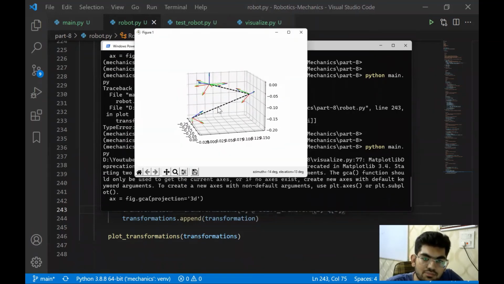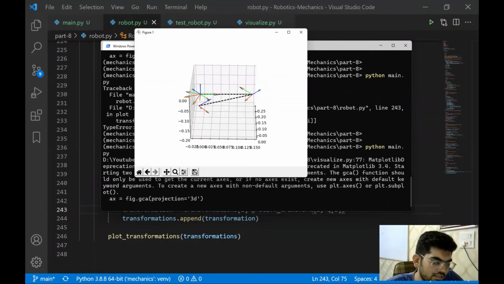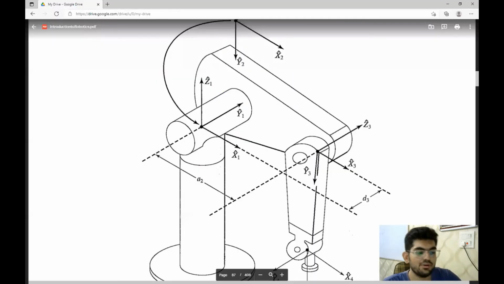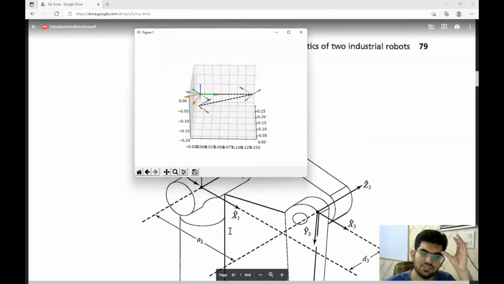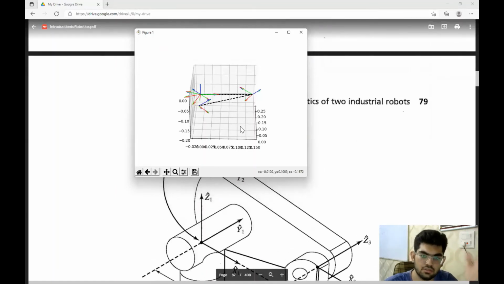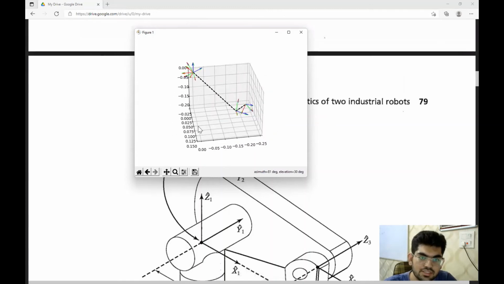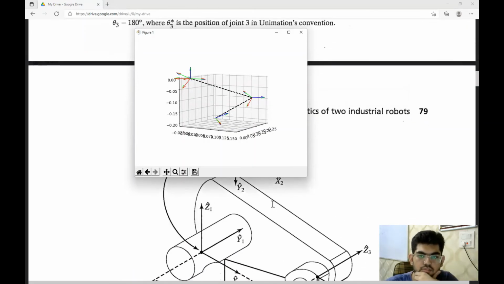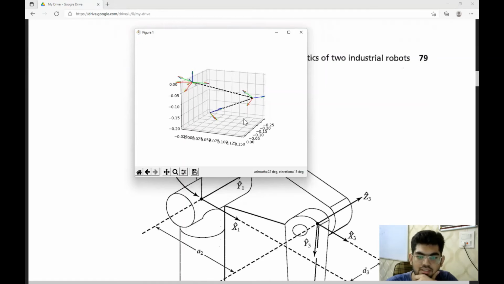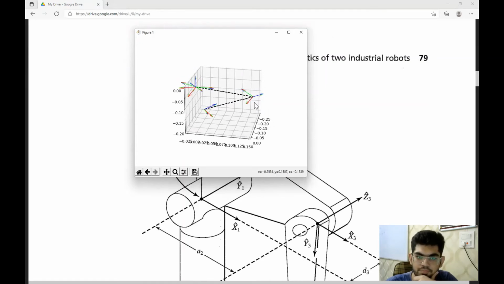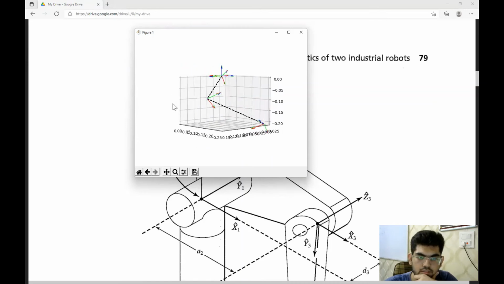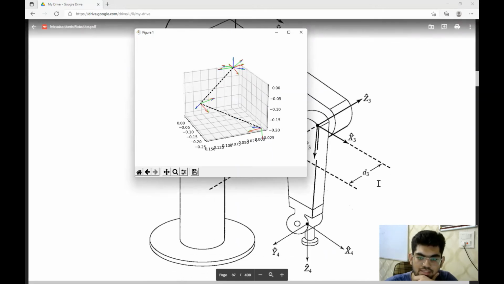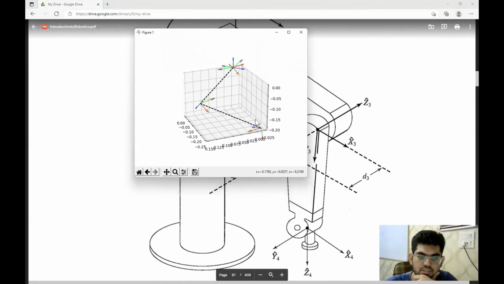All right, now we have some difference. Now let's compare it with the reference. The thing about A and D is going to be all right, because the A and D values specified are not very similar to the ones that they have specified over there. So let's first see the zero axis. We have the zero axis over here, and now it's going a bit down. Okay, I think we can deal with that, but the z-axis is pointing the direction that we need, sideways. And it's rotated by 60 degrees. Okay, that seems fine. And then the z-axis is pointing towards the bottom.